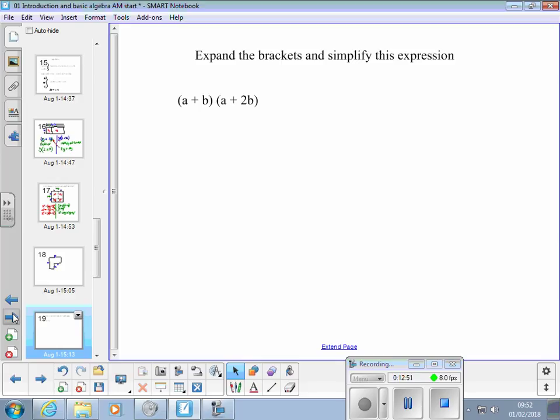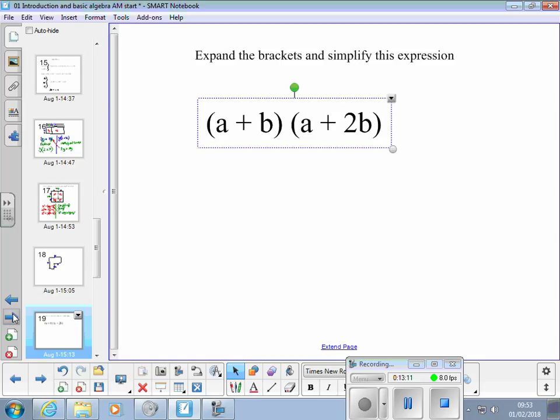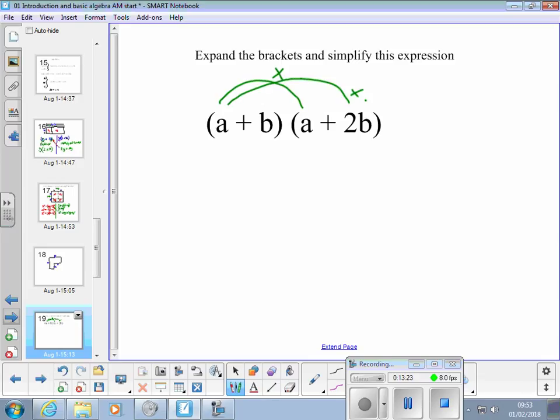Expand those brackets and simplify. What do we need to do? Multiply them out. What I see a lot of students do, and if that helps them get used to it I haven't got a problem with it, is they say I've got to go that times that, that times that, that times that, and that times that. And if it helps, write them all out